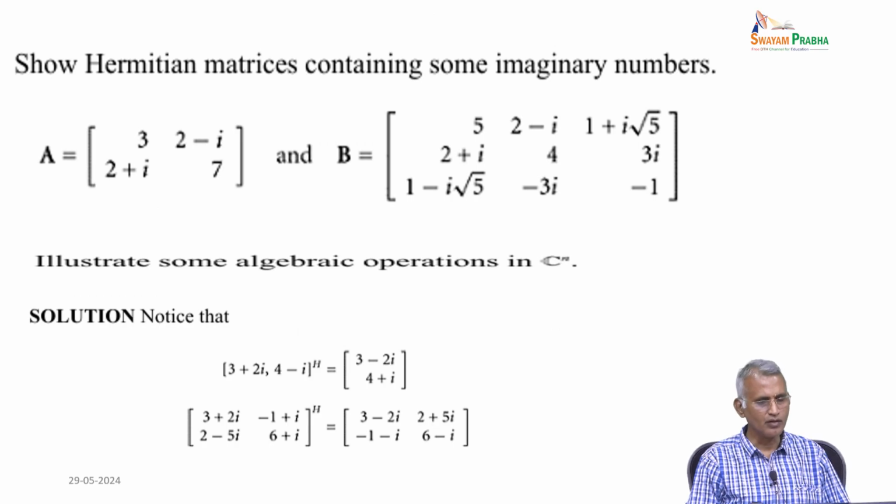Next, a small problem with the help of the Hermitian matrices. Suppose A equal to 3,